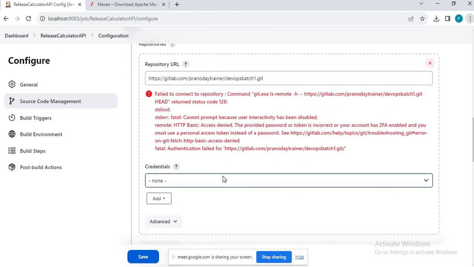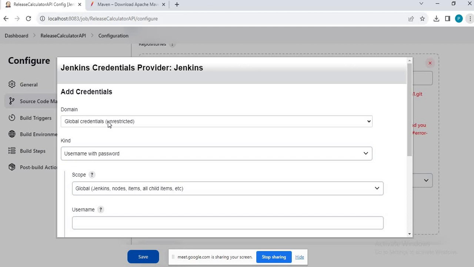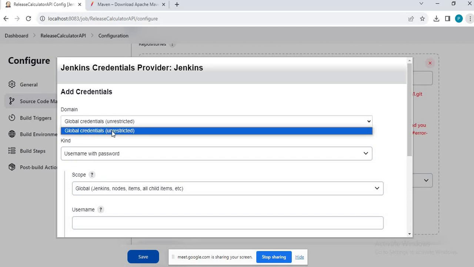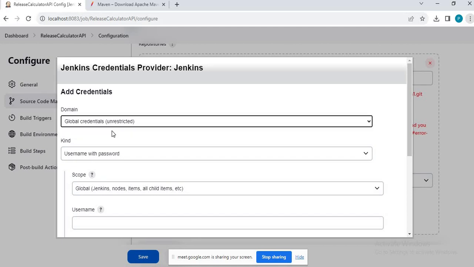Let's create a credential entry. We can create it from here also. So domain, I don't want to use any domain. We already have discussed domains and the use of them. In the kind, I'm using an HTTPS URL, so I can use either username and password or username and access token.